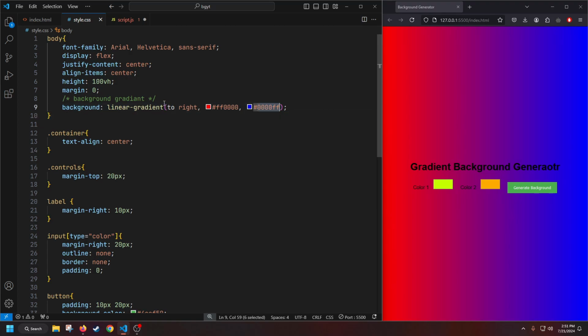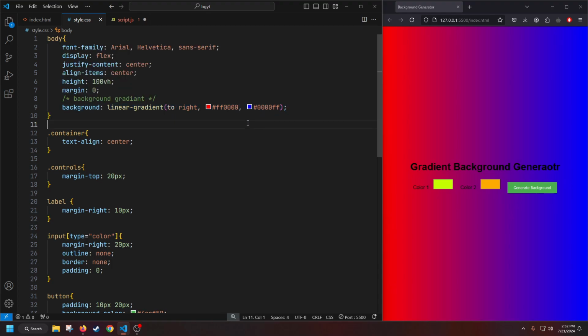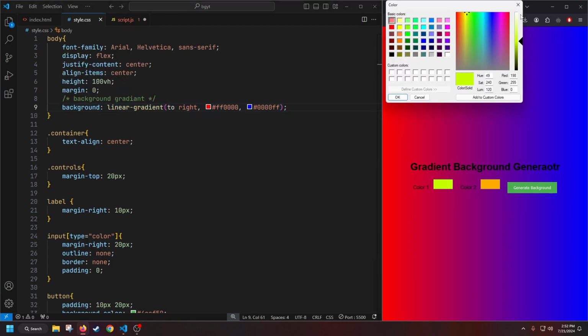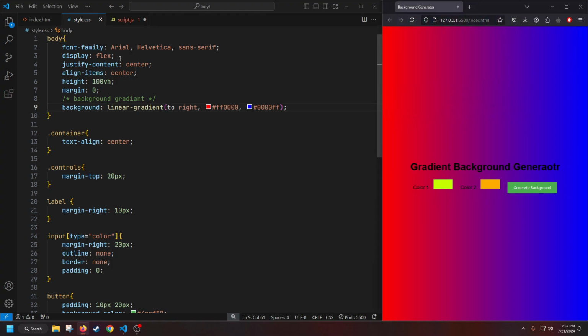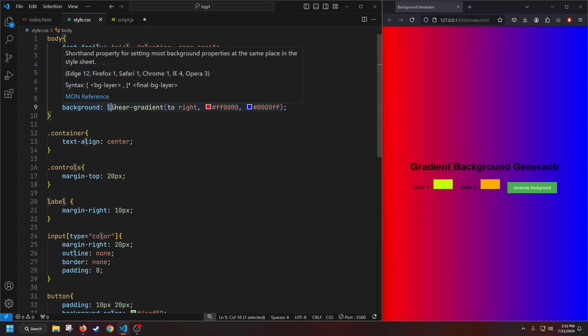What we need to do is create this linear gradient and replace these values with the values of our color inputs. So you create a string. The string is the same as the style. You're going to see how it works. Linear gradient to right, basically the same thing that we did here, right? To right,